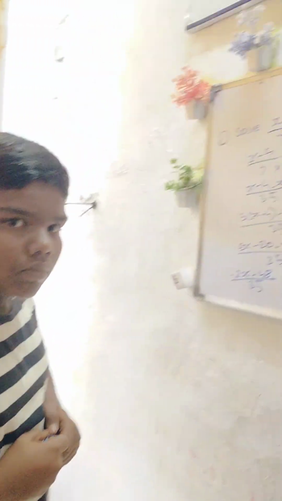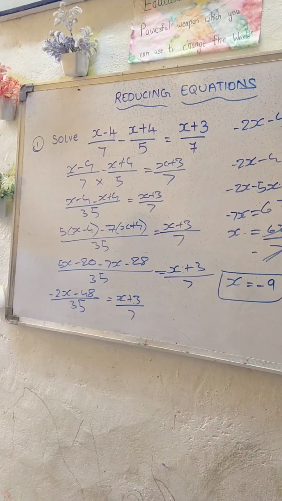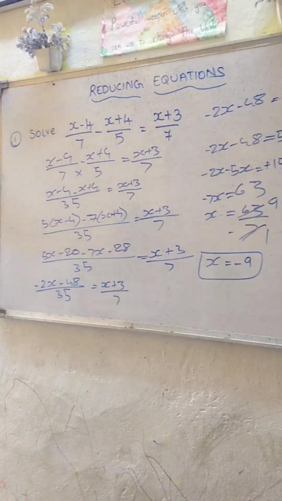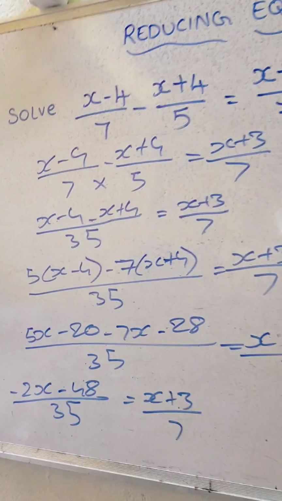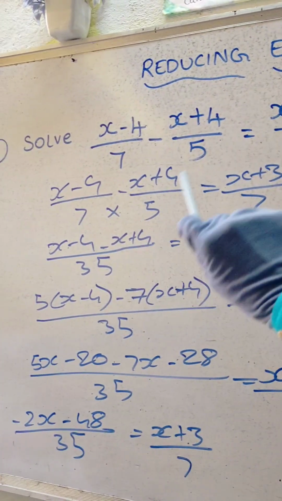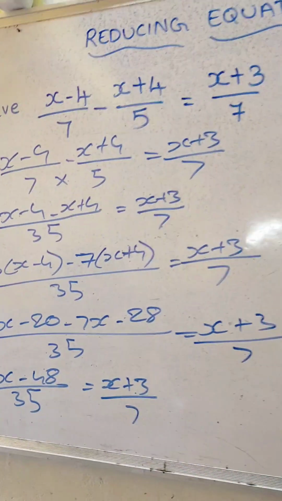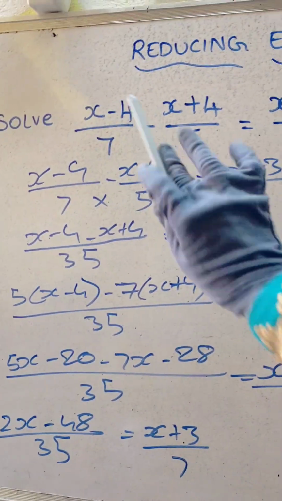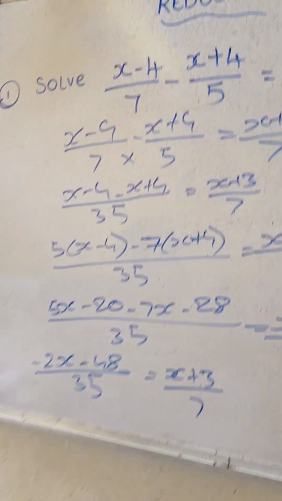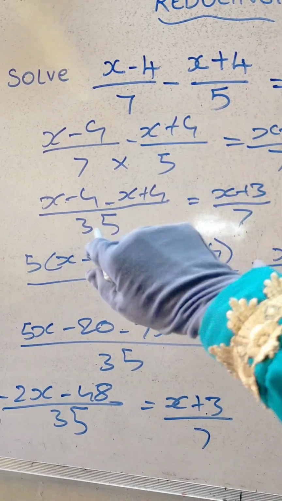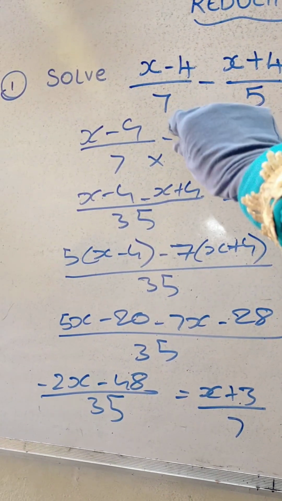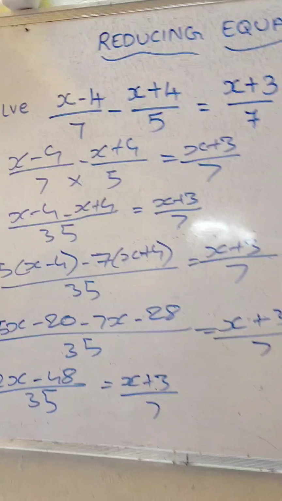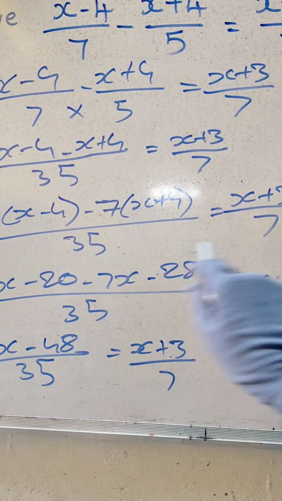Very good, Rishi. Done. Very good. The answer is right. X is equal to minus 9. So basically what we are doing, we have to first find the LCM of the denominators. LCM of the denominators is 35. So we have to make sure that we actually solve each term. With whatever number we are multiplying the denominator of this term, we have to multiply the numerator also with the same number. Okay, so here we go. It's like this.